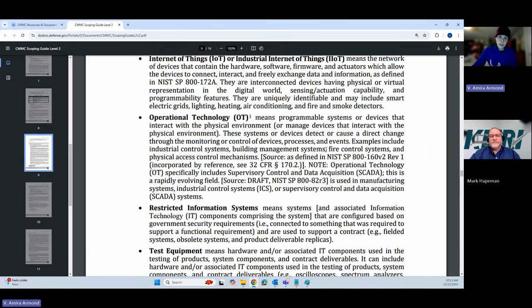Have you ever seen those in the lobby of a big building, where the firefighters can get in there and see where the smoke detectors are, and maybe unlock all the elevators from there? Fire control systems, physical access control mechanisms. This one's actually a brand new thing in the final rule of CMMC. They added this.